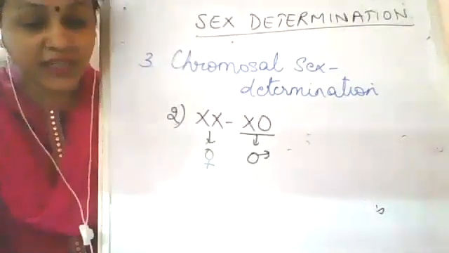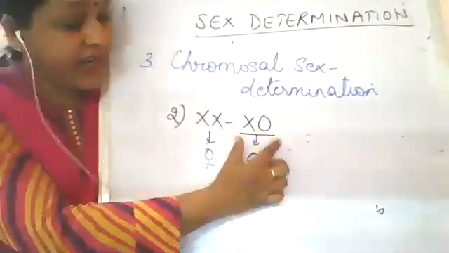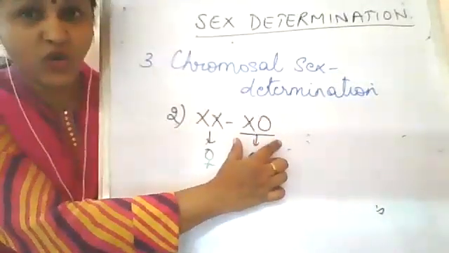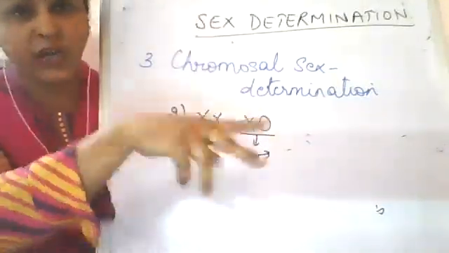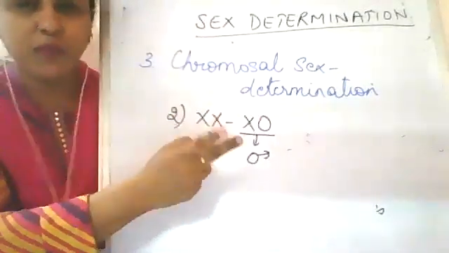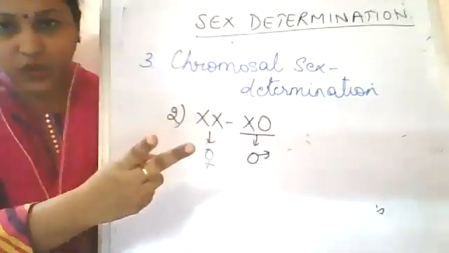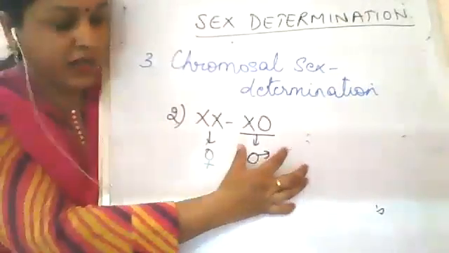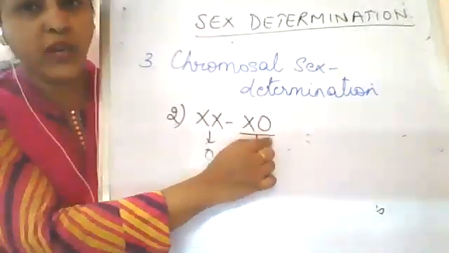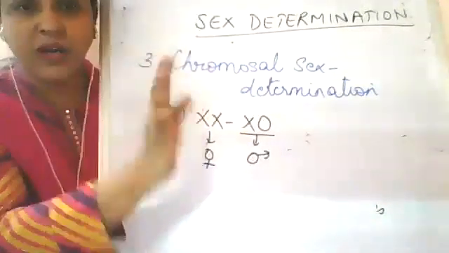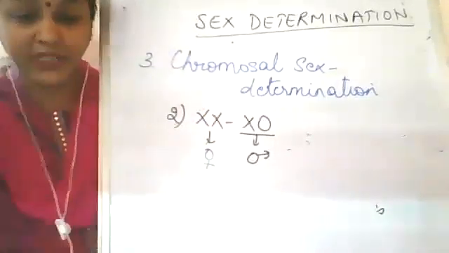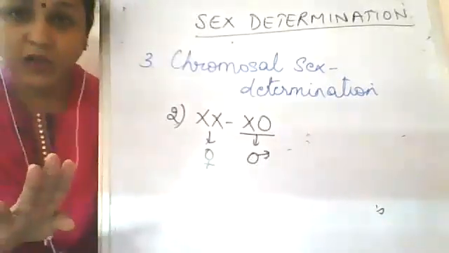In this, the males are heterogametic and the females are homogametic. Heterogametic why? Because one chromosome is there and one is not. Two different conditions are present, whereas in females both sets of chromosomes are similar, so they are homogametic. Males are heterogametic, but the unique condition here is that one chromosome is present and the other is absent. Only one X chromosome is present, with no other X or Y chromosome. Okay, any doubts in this?